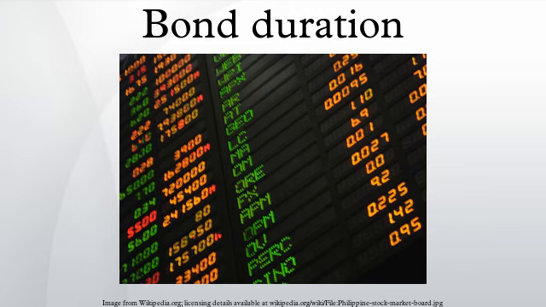It should be remembered that, even though Macaulay duration and modified duration are closely related, they are conceptually distinct. Macaulay duration is a weighted average time until repayment, while modified duration is a price sensitivity measure when the price is treated as a function of yield, the percentage change in price with respect to yield.